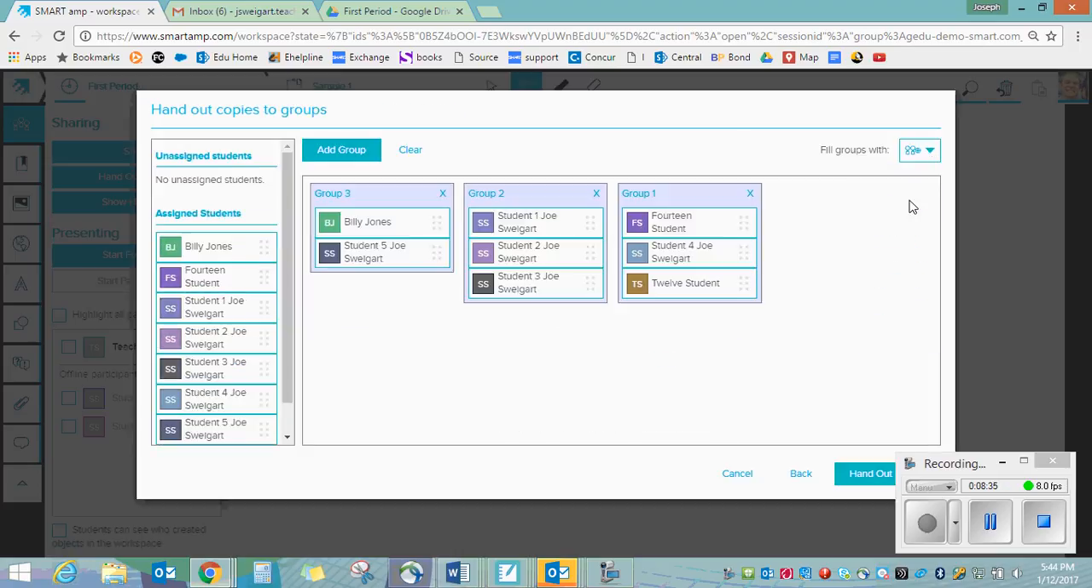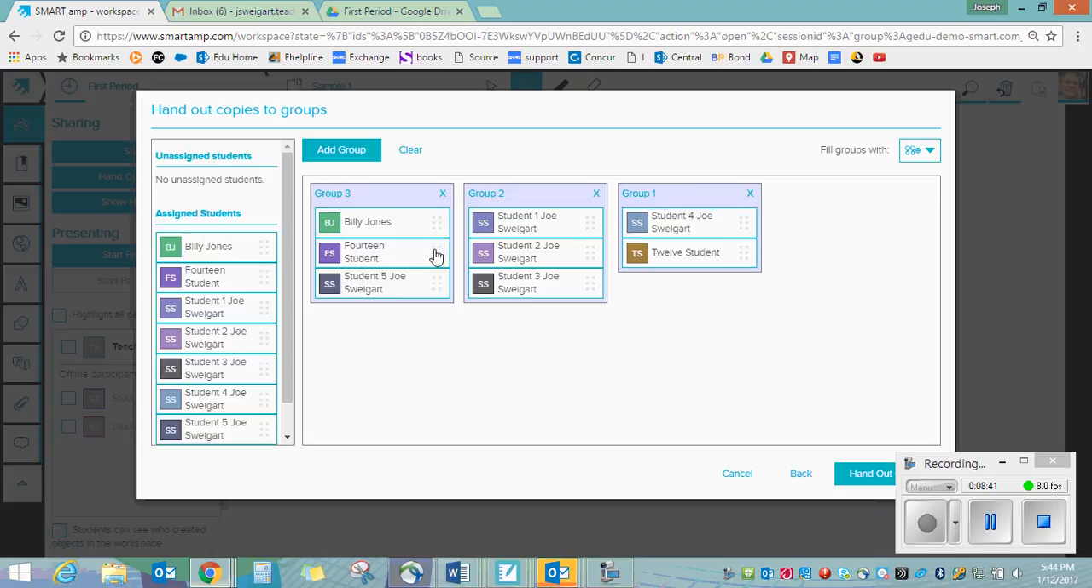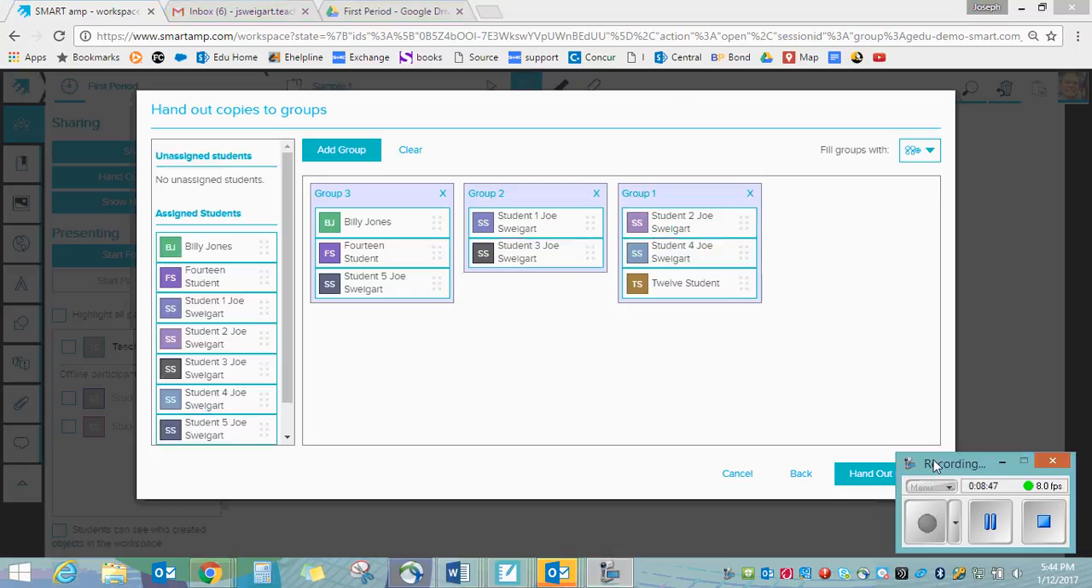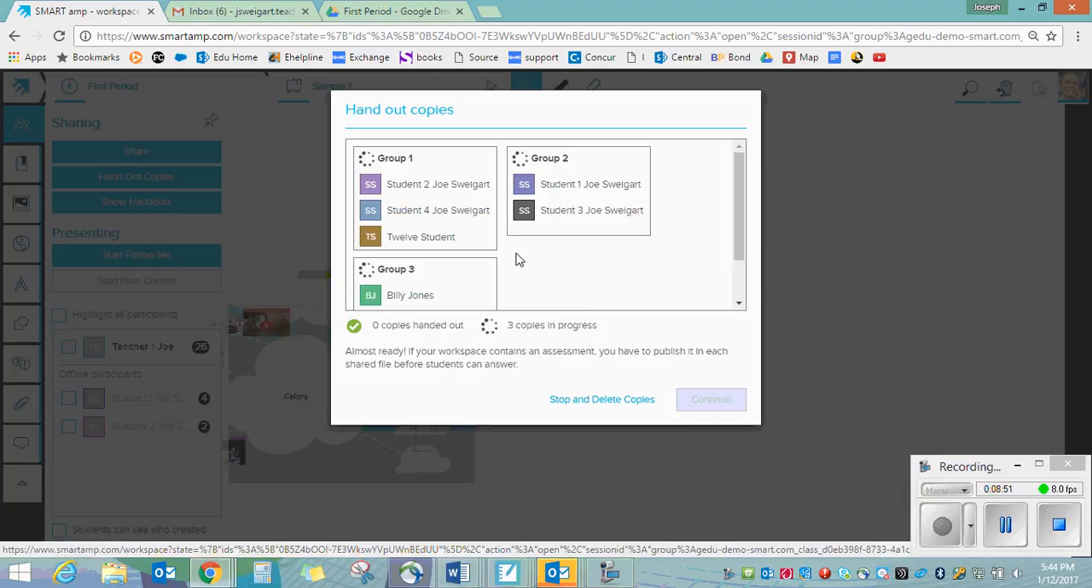Let's put them in groups of 3. I just have generic numbers right now, but I don't want student 14. I want them with Billy Jones, so I'm just going to move them around. Student 2 works better over here, so you have the ability to edit those as well. I'm going to go ahead and hand out these copies, and as that is loading through,